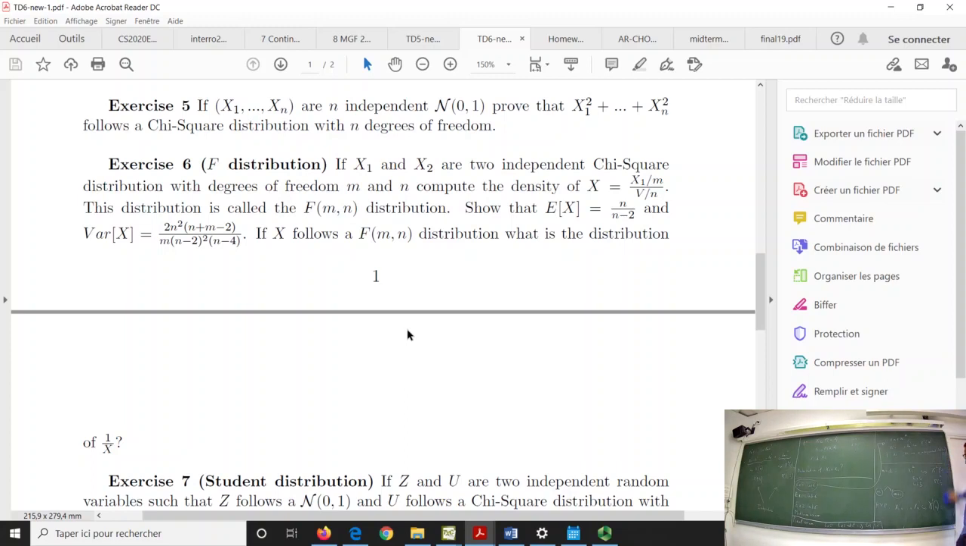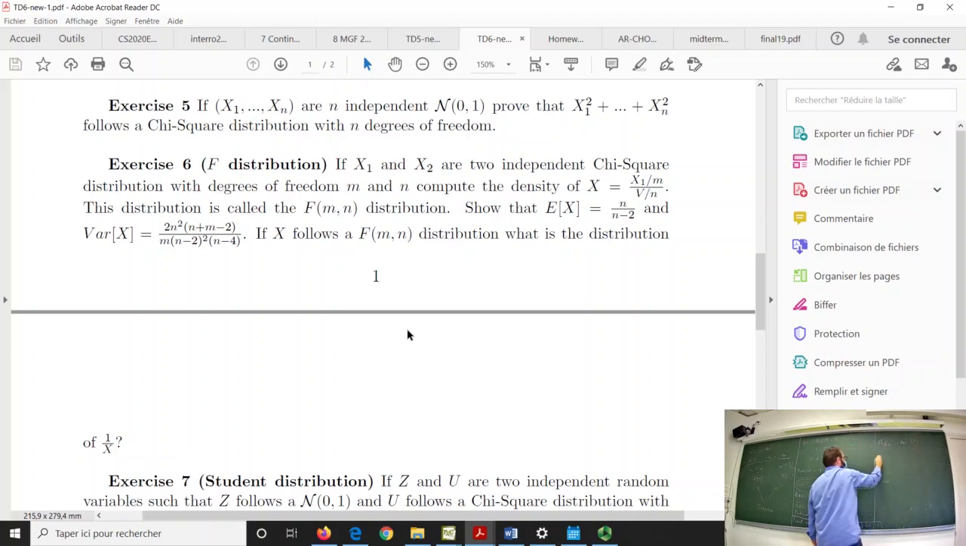So I erase this part. Now, I have two random variables that follow a gamma and that are independent. If I know the result of this one, it's finished. If I don't remember, I can do the one-line computation, that is to see that the moment generating function of x1 square plus until xn plus 1 square at the point t